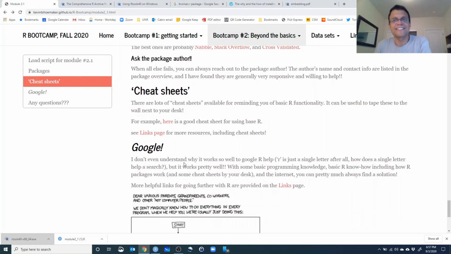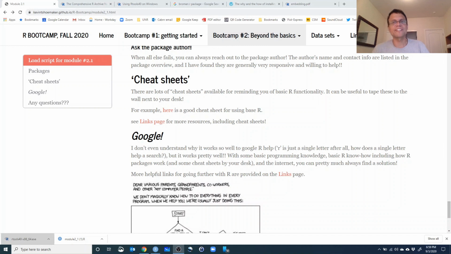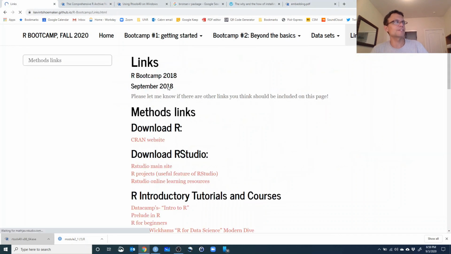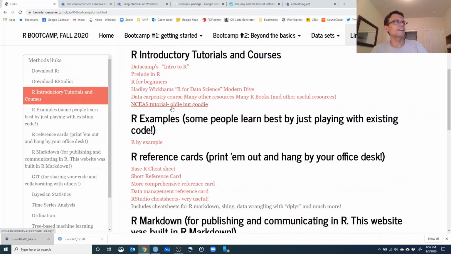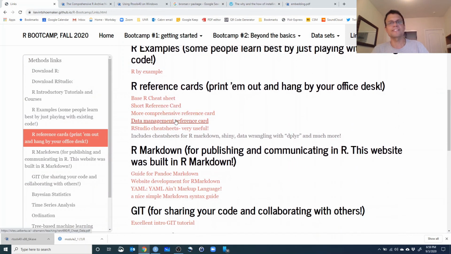I would recommend downloading some cheat sheets, because if it's a commonly used functionality, whether it's base R or any number of really commonly used packages, there may be a cheat sheet that's available for you to download and study and use. It can make your life a lot easier. Just at your fingertips, you know how to do all sorts of things in just a couple pages. There are several cheat sheets in the links page for this bootcamp, so you can go to the links page up here and find some of these reference cards or cheat sheets that you can print out and keep by your side if that helps. All right, let's go back